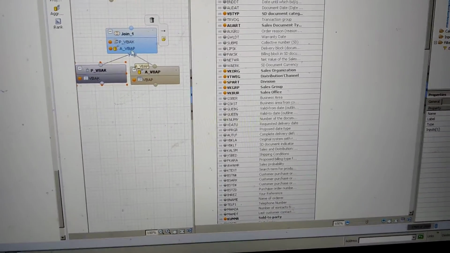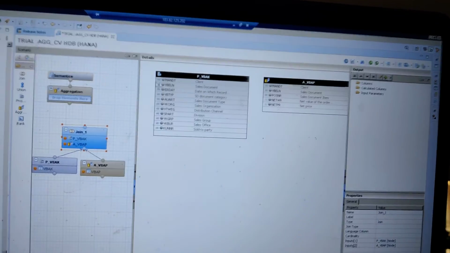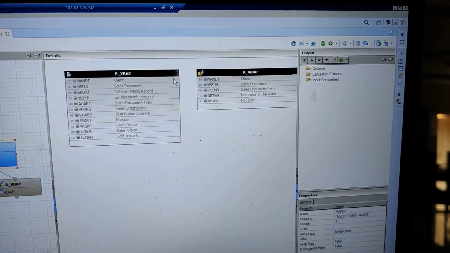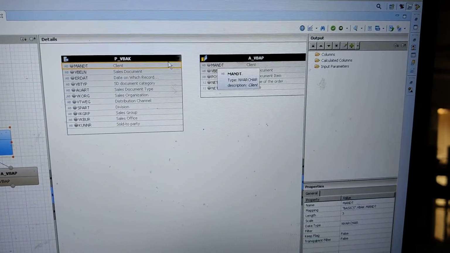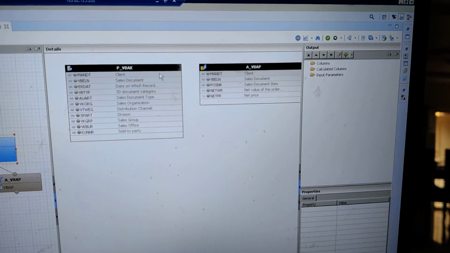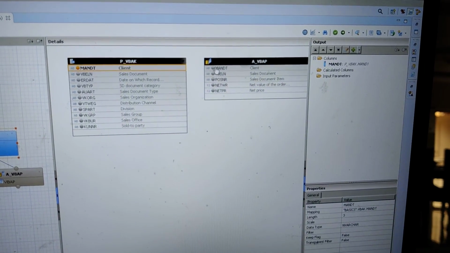So this is how it has to be. Now see, yeah, now these are the join tables. Now just try to join this client, drag it to MANDT, just hold here and drag it.